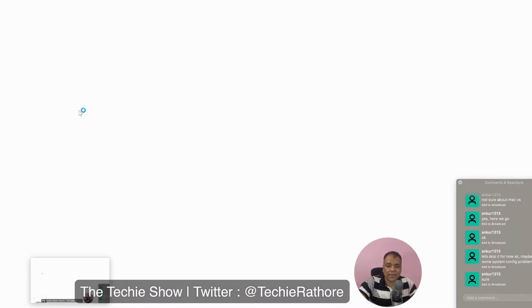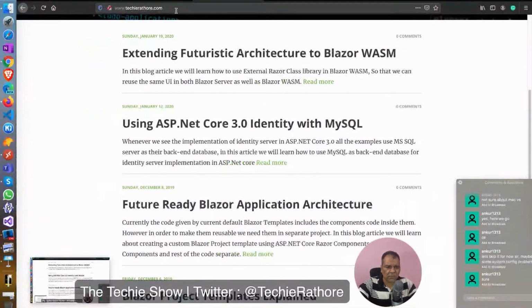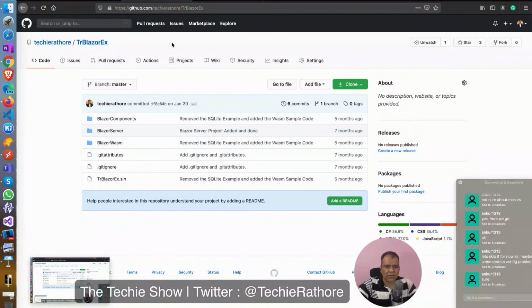Another thing is that I'm using a third-party UI library for Blazor. There are many third-party UI libraries for Blazor. In my previous stream, I tried a couple of different UI libraries, like Matte Blazor was one of them. Then I tried a couple of others, and yeah, the SK Blazor library was one of them. But then finally I decided to use Blazorize.